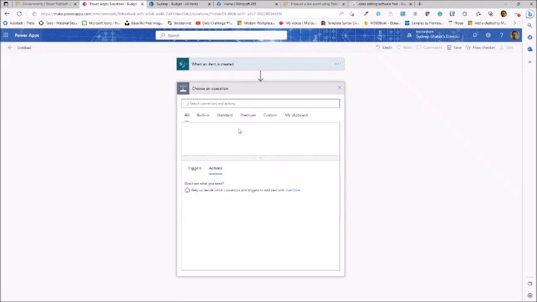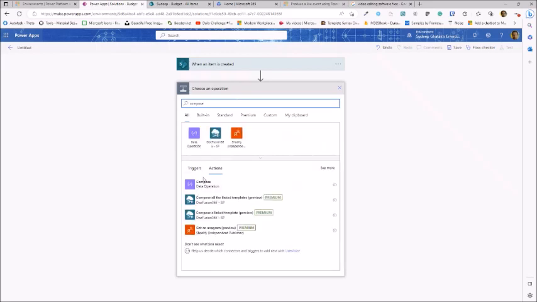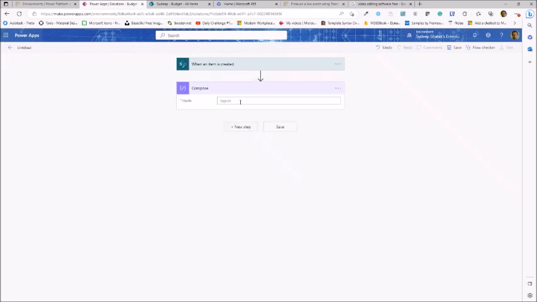And I'll just add a basic SharePoint action, maybe, what I'll do is I'll keep it real simple. I'll just add a compose action here and just type that you just created a new item